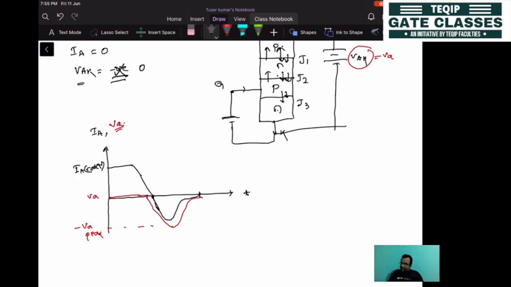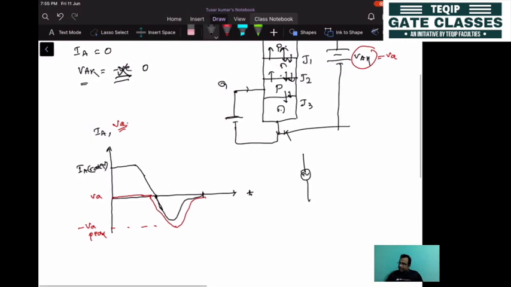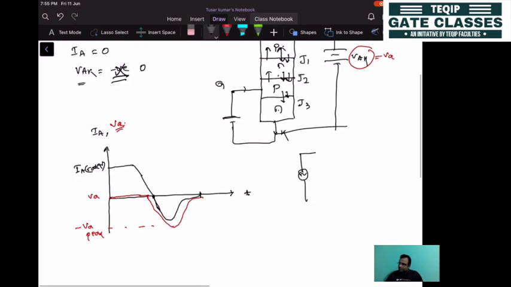But actually, because the device will be connected to a circuit, let's say this is one thyristor. You can connect this thyristor to a load, and let's take one voltage source here. So this is nothing but some AC voltage, this is the thyristor, and this is the load.